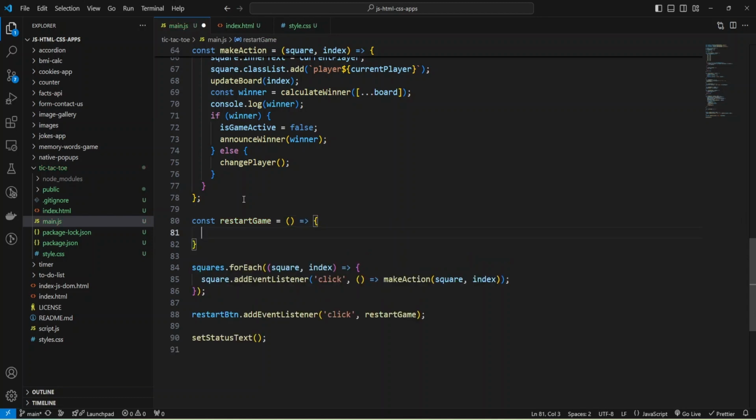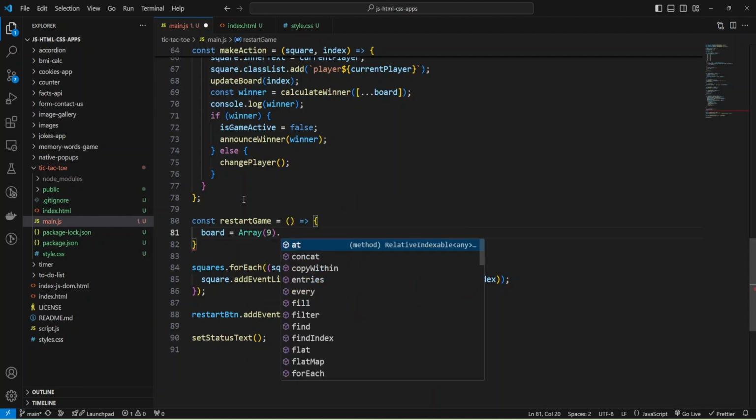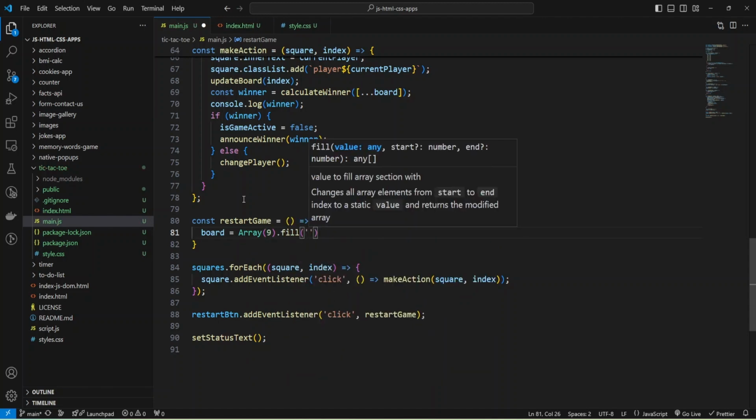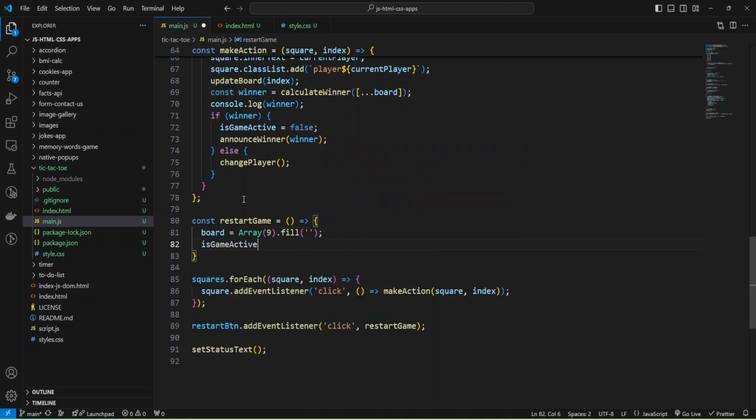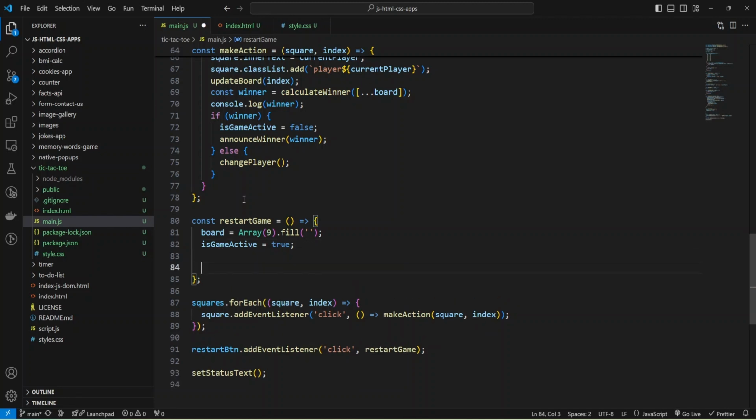And first of all, we need to fill our board with empty values, array and fill with empty strings, and then we need to change this game active to true.